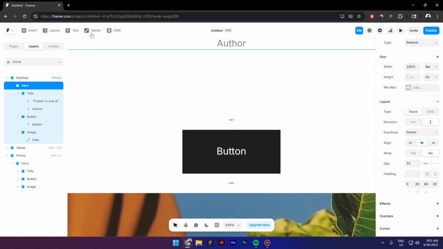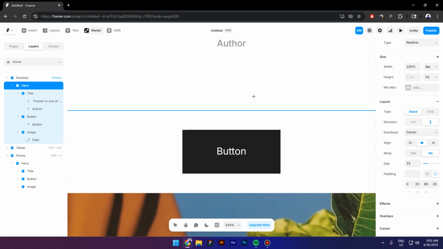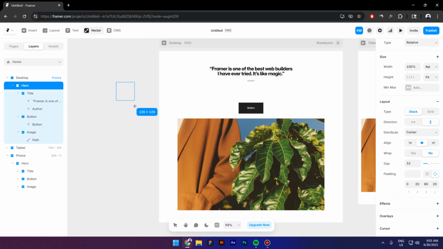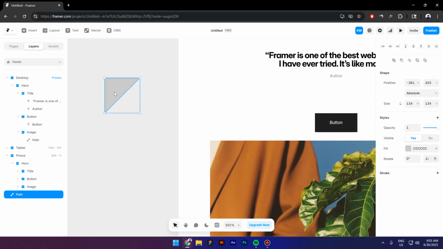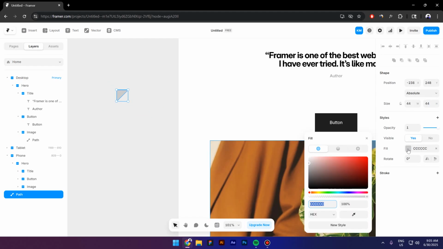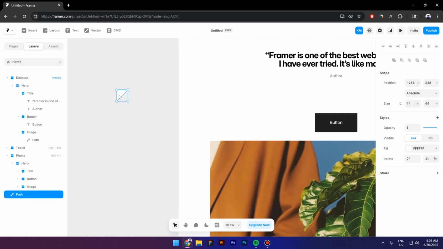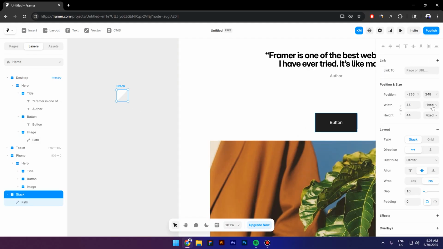So I will go to vectors now, select a rectangle, create a perfect square by pressing Shift on my keyboard. And now double click on the shape, select one of the anchor points and press delete. Let's make it smaller. I will select a white color. And now I will press Ctrl Alt Enter to put it inside a stack